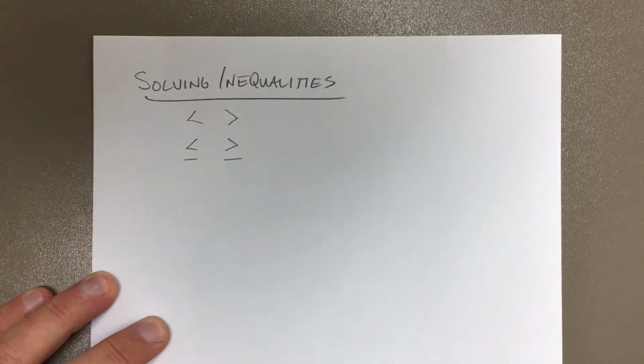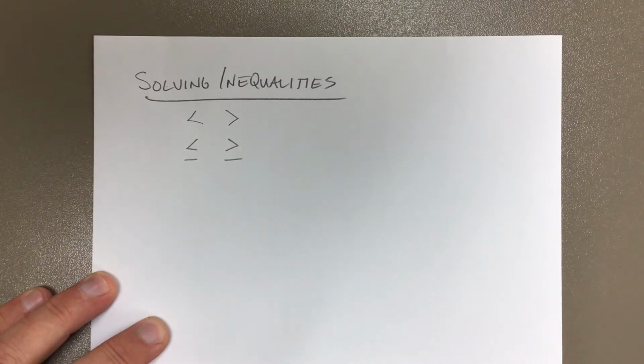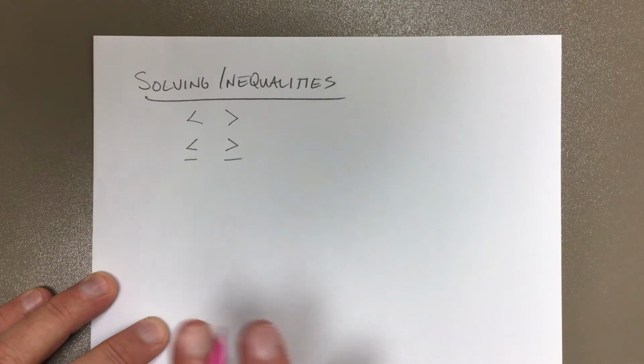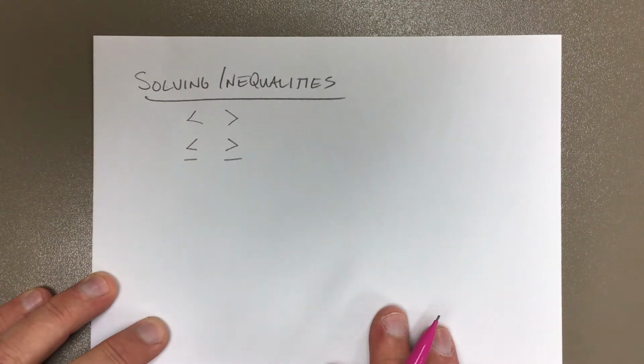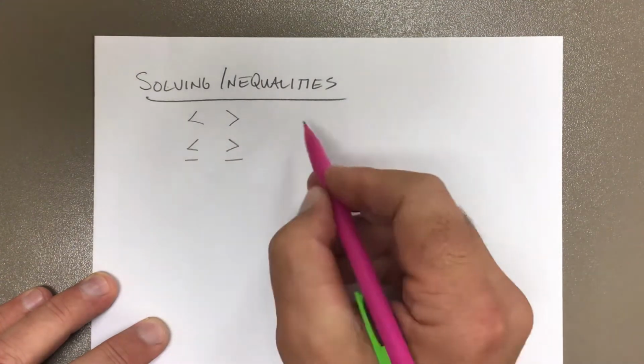Understand the fact that we're going to solve them exactly the same way. We just have these symbols instead of an equal sign. Don't get too caught up on that because nothing really changes until the end when we actually have to graph them. All right, so now when we graph, a lot of times you're going to see